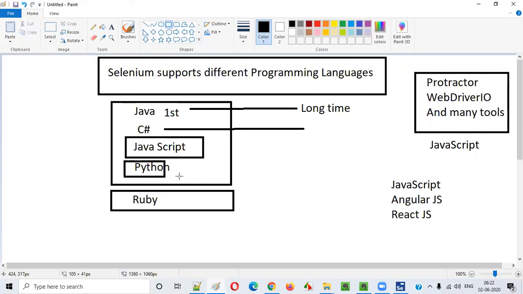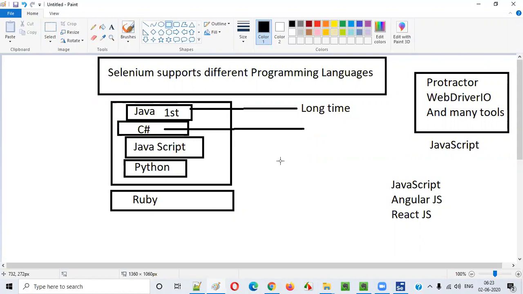Now the next thing is Python. As you already know, Python is also booming in the market, right? If you want to go for machine learning or AI or whatever other advanced technologies, Python is being chosen as a future language. So a lot of speculation is there on each and every language. Some people prefer Java, some people prefer C Sharp for different reasons, because a lot of people are habituated to using Visual Studio and all. If the development team writes the C Sharp code rather than Java code, then you can choose C Sharp. So it doesn't matter actually.